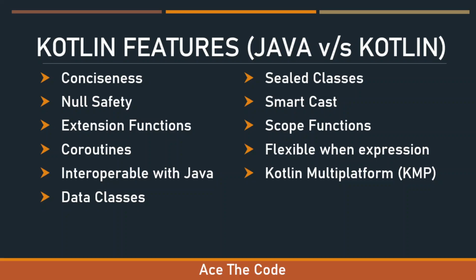Kotlin was developed to have interoperability with Java. It means that Java programs, Java classes, Java libraries, we can use in a Kotlin program. In the same way, whatever code we write in Kotlin can also be used from a Java program. In fact, you can have one project in which both types of languages are used.